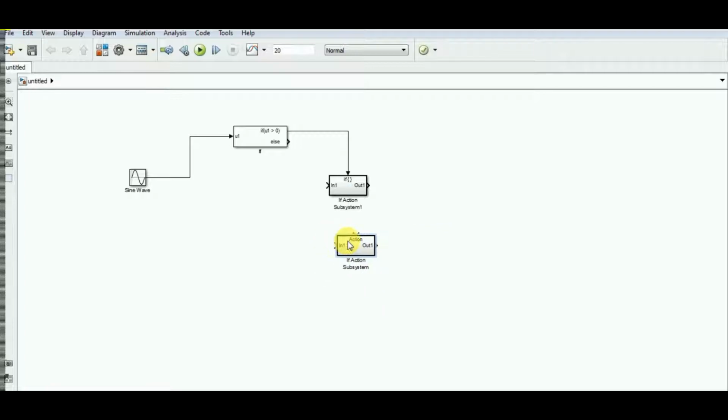The other one. Connect this also. Okay, for creating a branch from any signal, you need to first select that signal, control, double click, and